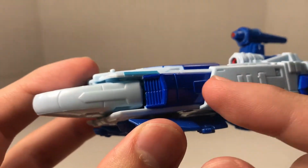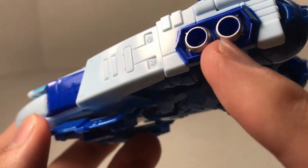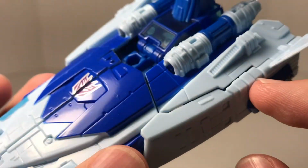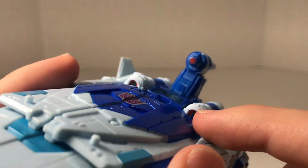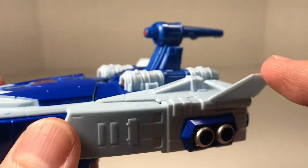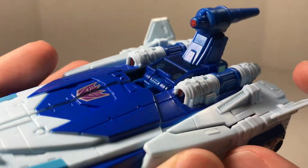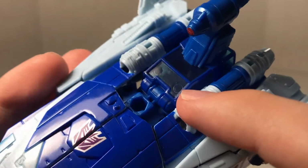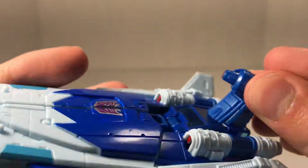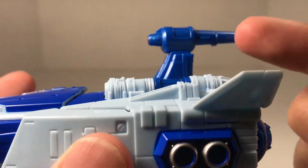On the sides, you get some more dark blue with some vent details, some more panel linings, and a little bit of silver around these bits. Coming back here, you get a little silver, light blue, the whitish bluish color, and a very little bit of red on what I guess are supposed to be the engines of the shuttlecraft. You get a nice transparent cockpit right there. This little bit right here is actually a separate piece, but based on how the original toy worked, this is where this accessory is supposed to go,